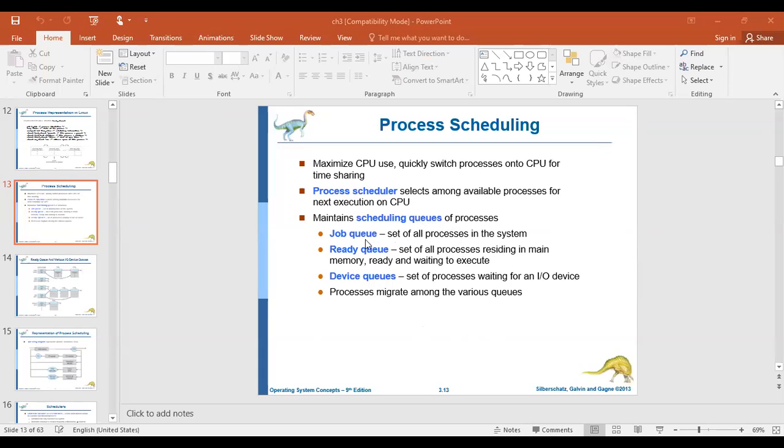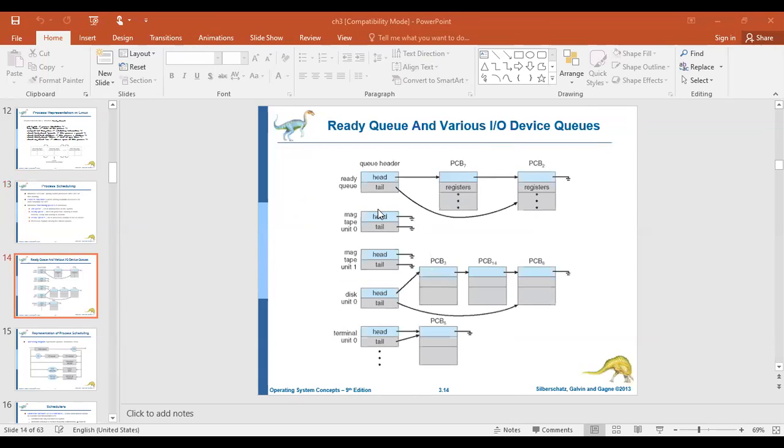Once it acquires all the resources, it changes to the ready queue. During execution, if it requires the services of any of the devices connected to the system, it may be placed in the device queue. In such a way, it migrates among all these queues. You can have a look at what the queue is.